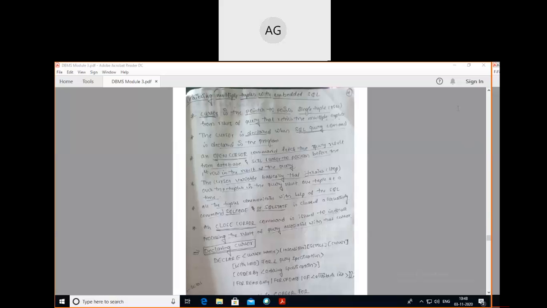And the next one is the cursor variable, where iterates is nothing but loops. In the previous example also we used loops, the while loops, like that. Here also we are using different types of loops to execute the normal queries or basic programs. And after using these basic loops,